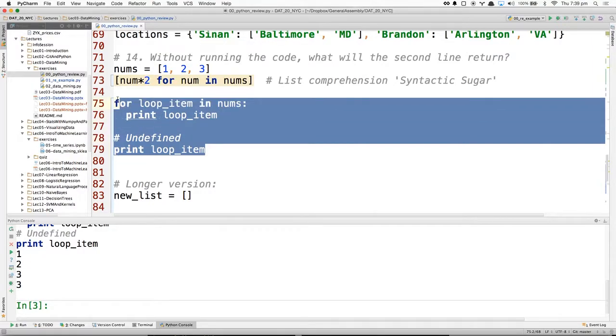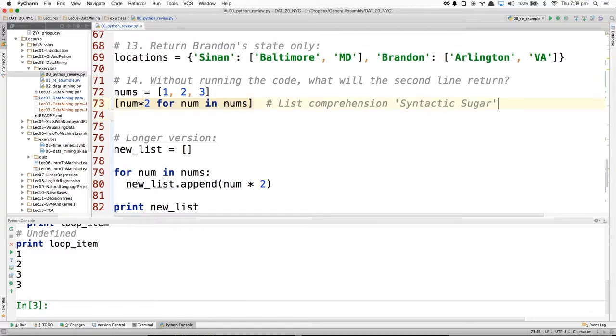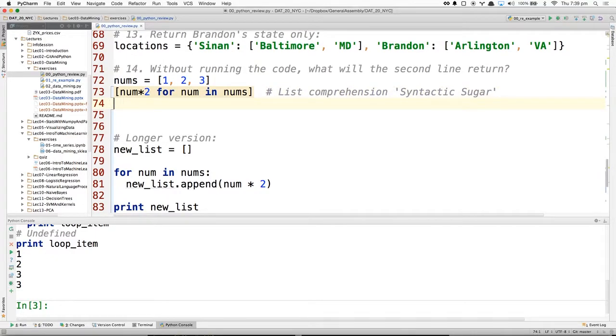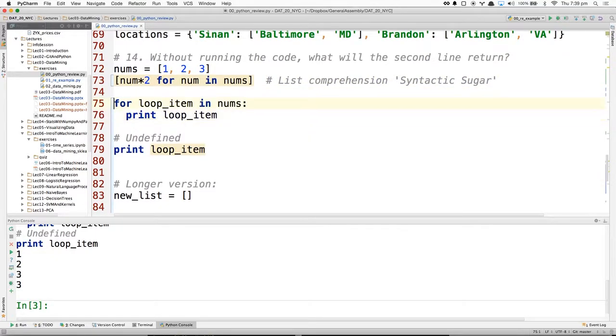All right, any other questions, issues, thoughts? Actually, I may be mistaken. Josh, do you know, is loop item defined? Is the scope retained?